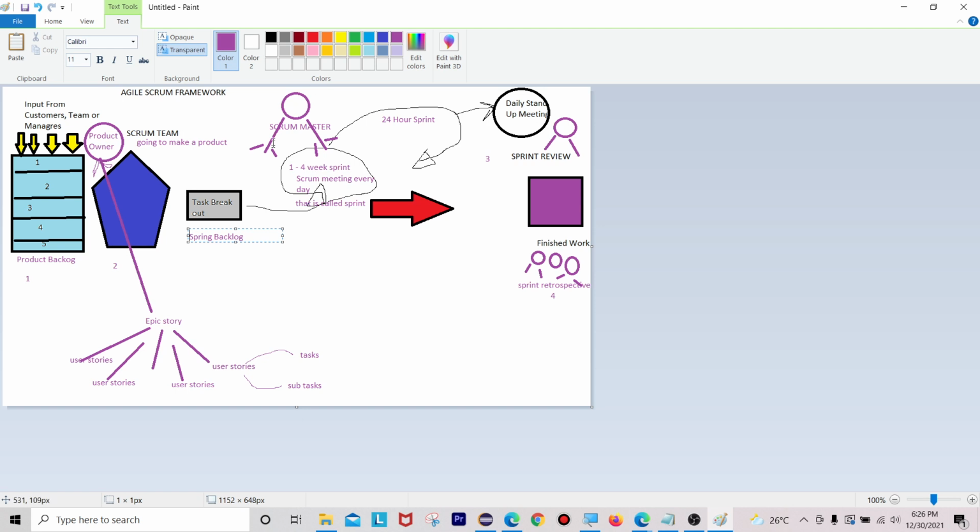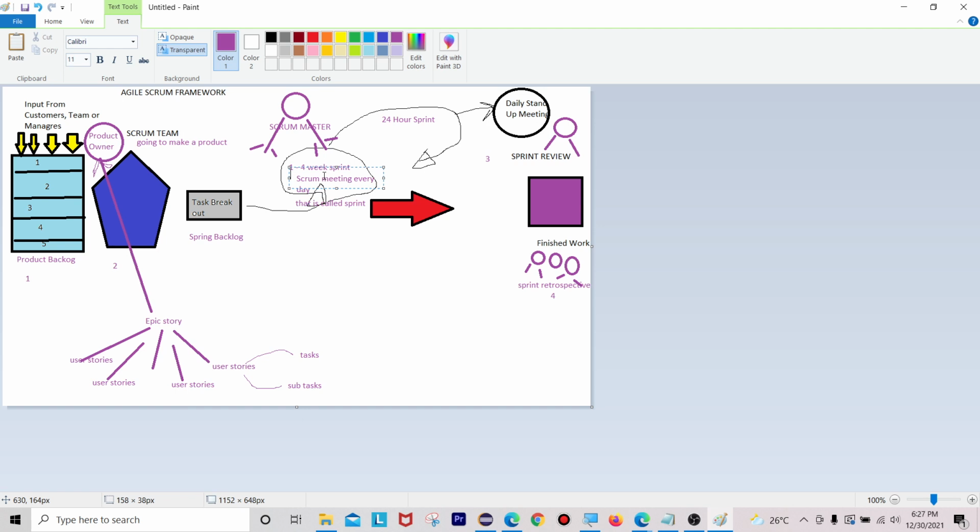During this 1 to 4 weeks you are going to make a product. Within 1 month you are going to design at least 20 user stories. That is the final outcome for that sprint, right? At the time of taking these 20 user stories you have a meeting that is called the sprint planning meeting. During this 1 to 4 week duration you take all these 20 user stories to start your work. So that is called the sprint planning meeting.